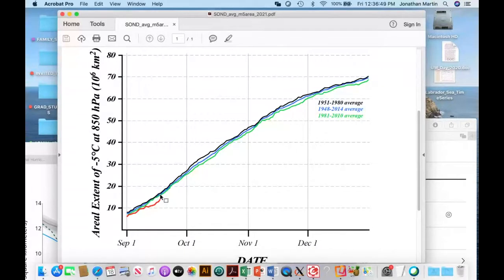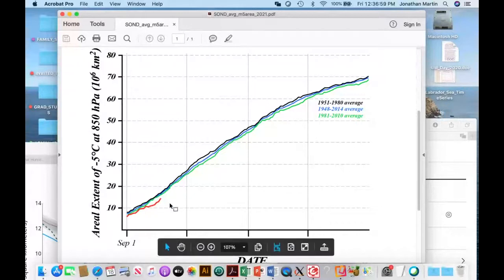And I'm kind of intrigued, as years go by, whether the integrated departure from September through November 1st has any bearing on what happens for the rest of the winter. I don't know yet. I need somebody who's smarter than me to help me figure this out, but I have a ton of data, and it'd be fun to just jump into it and try and understand whether or not